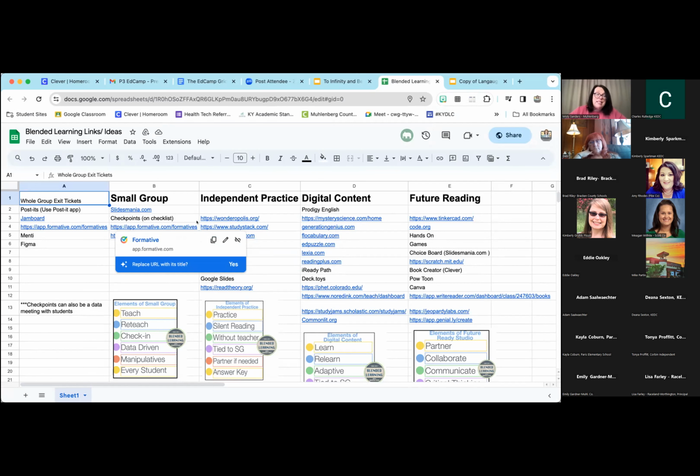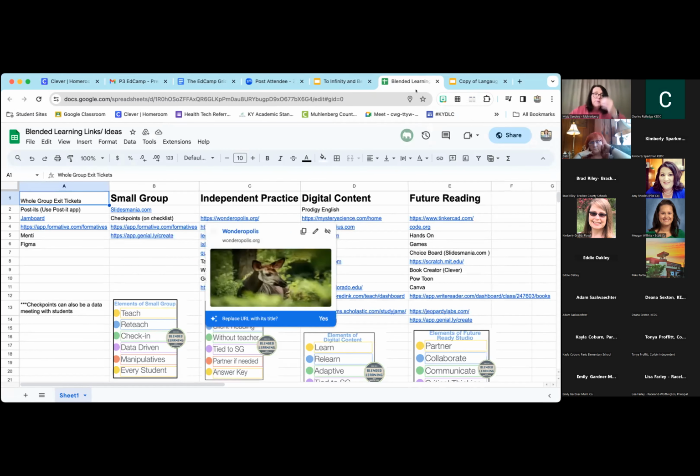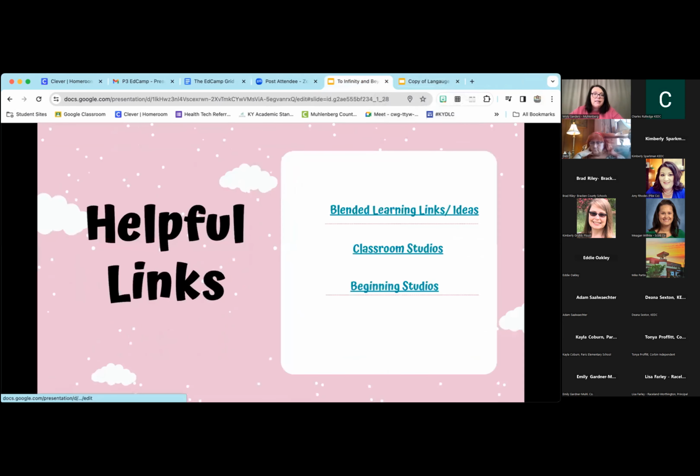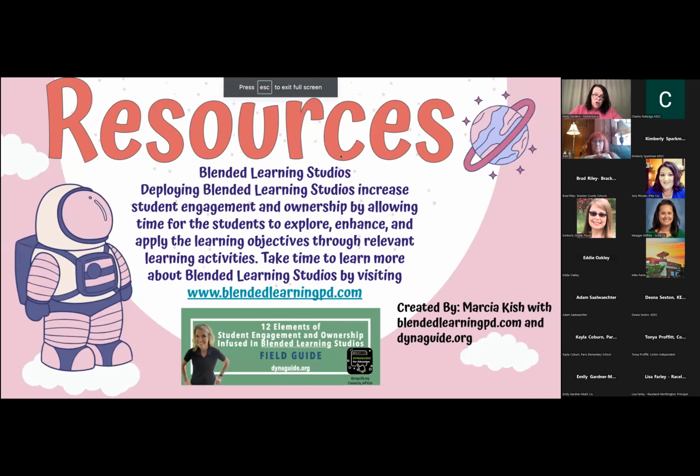You can also do these daily. You can do them weekly. One of my 4th grade colleagues does weekly. She teaches science, and she does a weekly MTSS thing where they know what they're going to work on, with blended learning all week long. Mine does look a little different because I teach 3rd grade, and 3rd grade is not as advanced as 4th grade yet. They're getting there, but